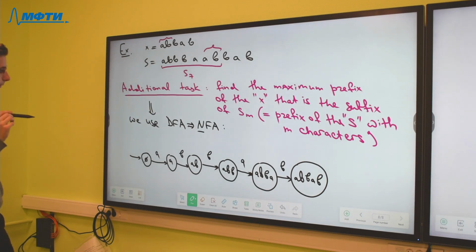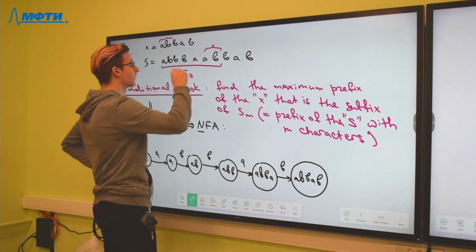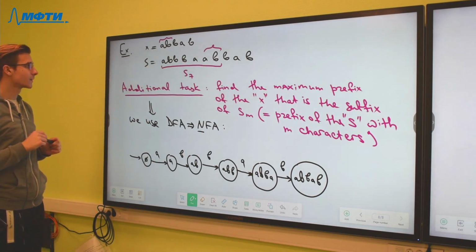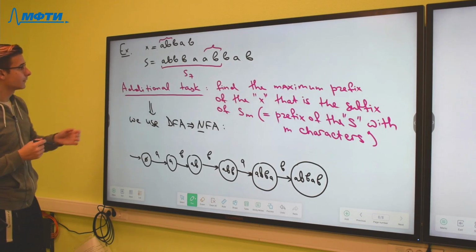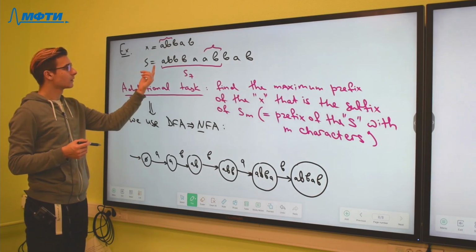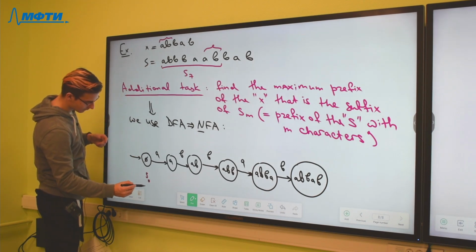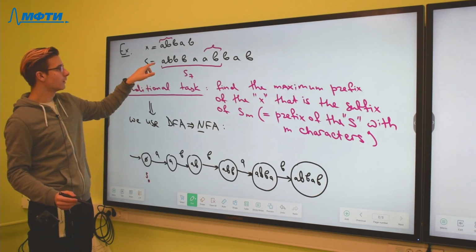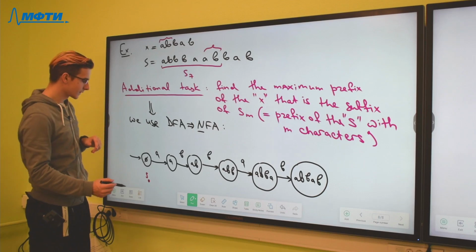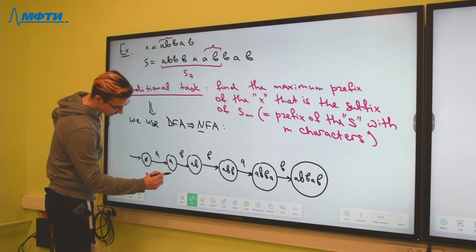So, firstly, if we try to find the answers for this additional task for this string, for the empty string, of course, we know the answer is empty too. If we add one character a, we see that it is equal to the first character of x, and we go from this vertex to this vertex by this edge,